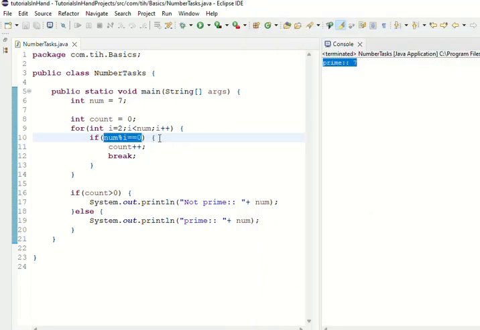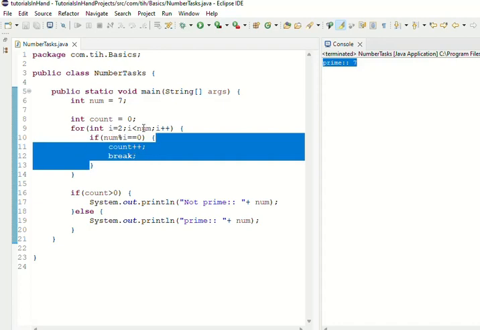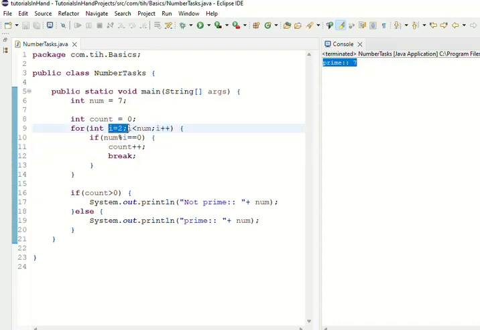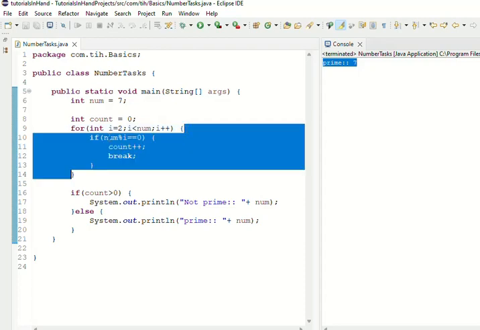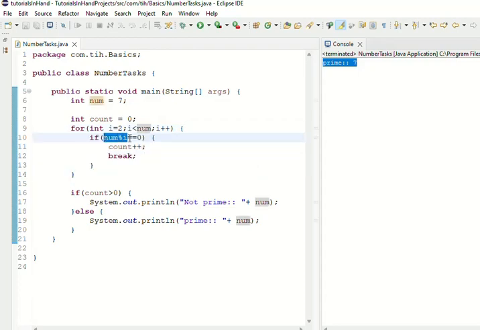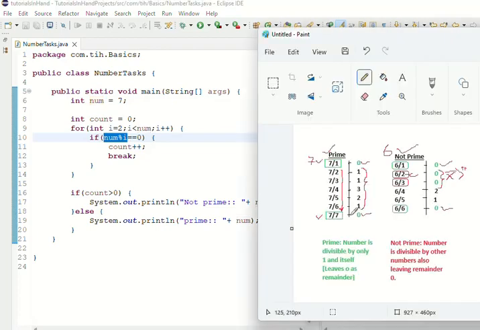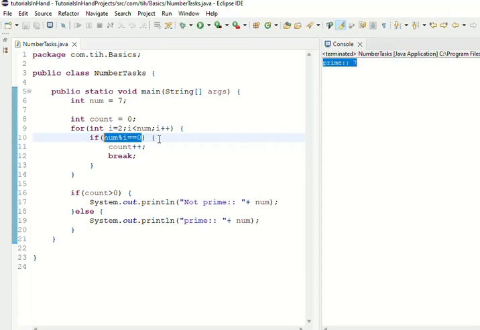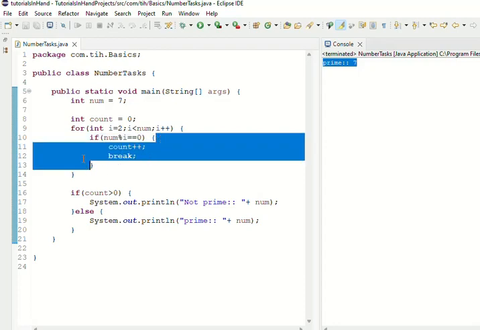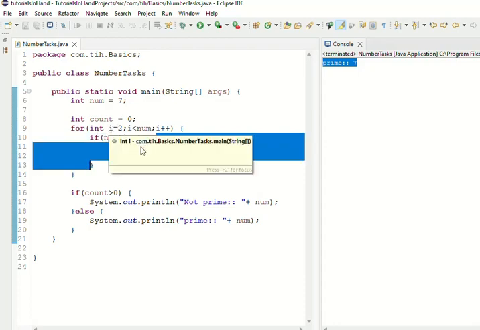We do not enter in the if. So we come to the next iteration. So in next iteration, due to this i++, the value of i becomes 3. And now 3 < num will be checked, 3 < 7 will be true, and it will again enter inside this one. And now 7 mod 3 will be checked, and 7 mod 3 will again leave remainder 1 because 3 into 2 will be 6 plus 1 will be remainder. So this again turns out to be false, and we do not enter within the if, and we come to the next iteration.